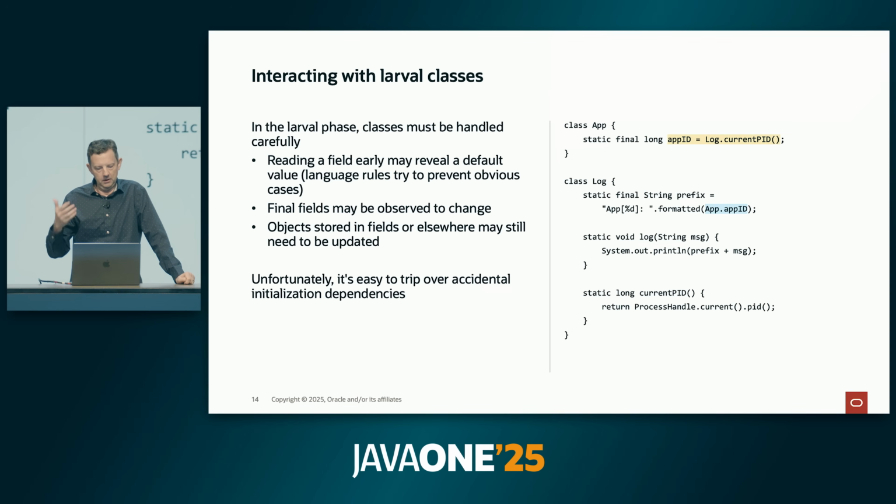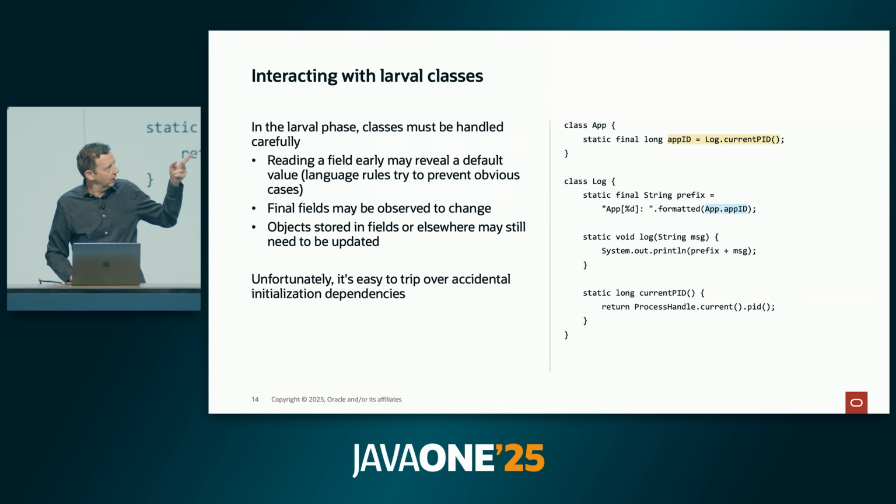You might see the problem now when I get to the initializer of prefix. It's going to go back and ask App for its PID. And so what will it see? A default value, 0. And now all the log messages are going to say that the PID of this app is 0. That's bad by itself. It's also bad because after all this execution completes and we get the real PID back for the app, other code that executes that also depends on this final field is going to get a different number. And you're going to have an inconsistency. Some code thinks the PID is 0, some code thinks it's something else.